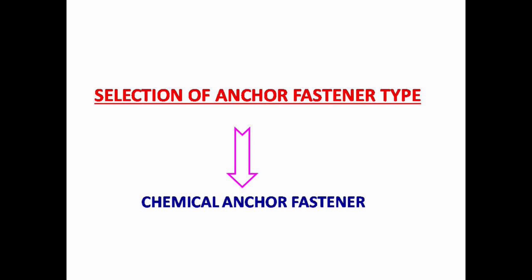Now it's time for selection, whether we should choose a mechanical anchor or a chemical anchor for our site. As we know, our support is required to be installed on a parapet wall. This parapet wall is directly exposed to the rain. As we know, a mechanical anchor is susceptible to water ingress and thus corrosion. So that's why we are choosing the chemical anchor, because it is more watertight and less susceptible to corrosion.